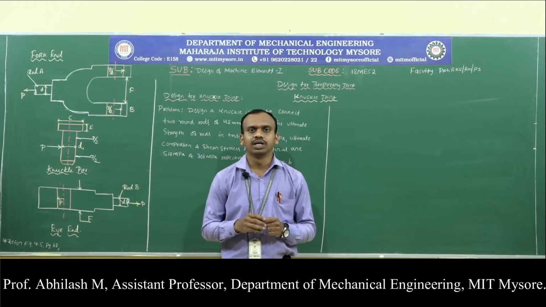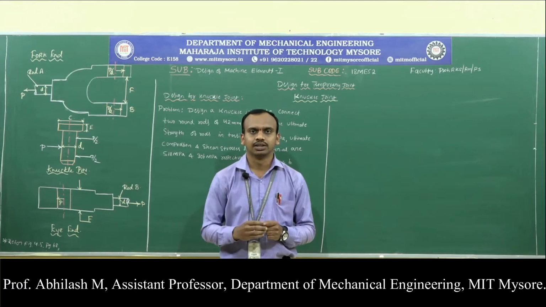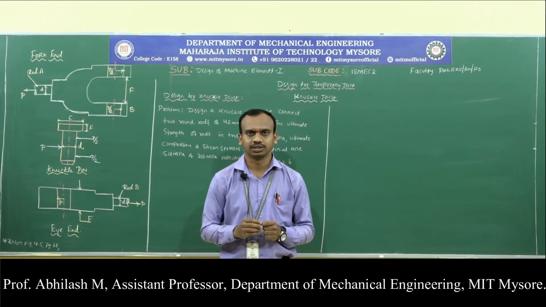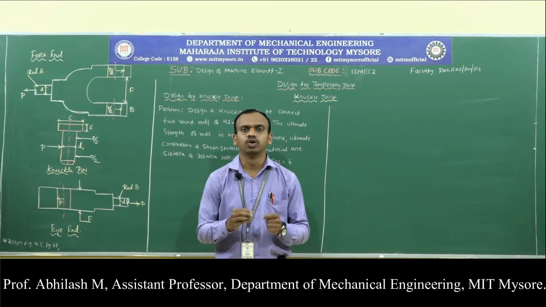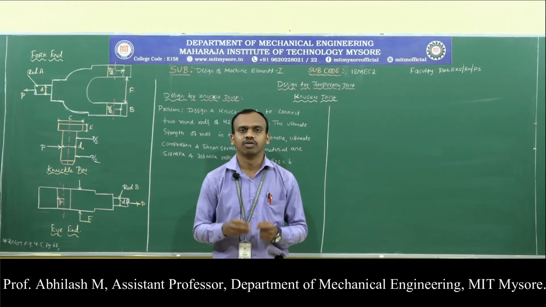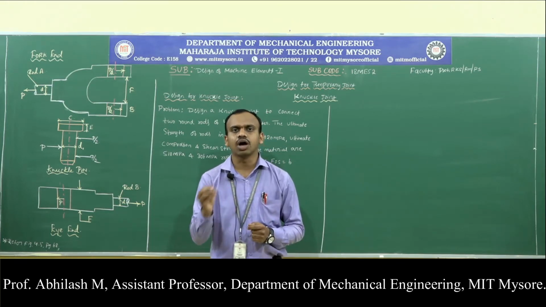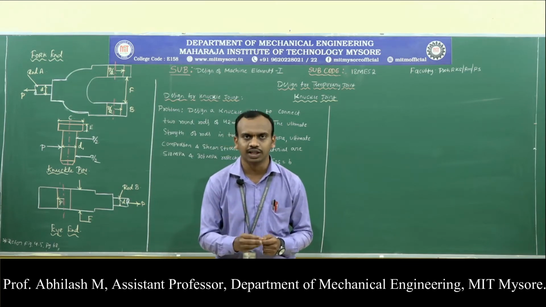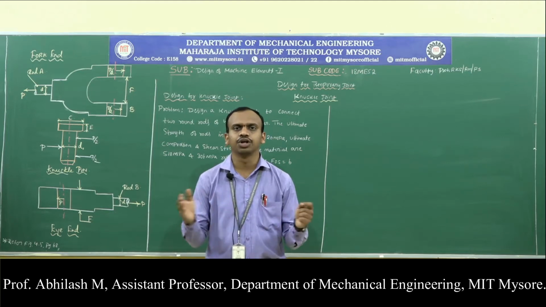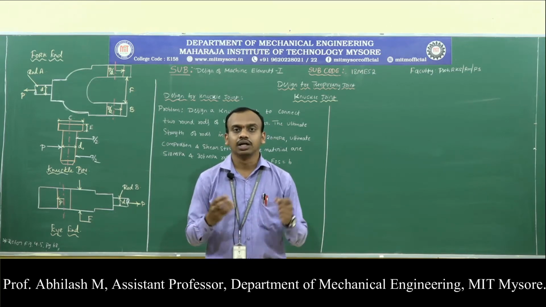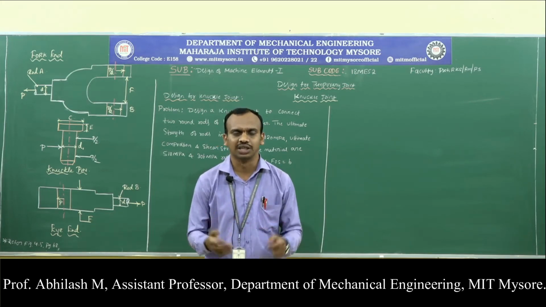Any machine element which is used to connect two or more parts, we call a fastener. The process of joining two or more parts together, we call fastening. So the process is called fastening, and any machine element that connects two or more parts is called a fastener.